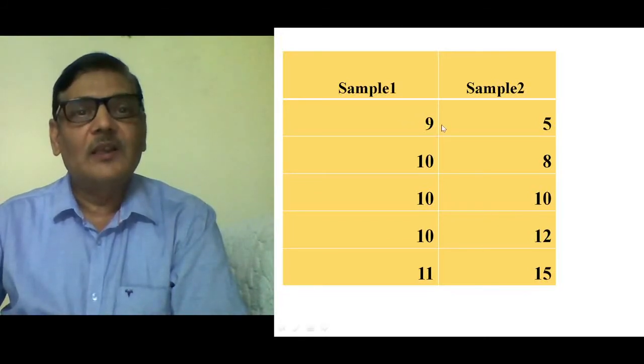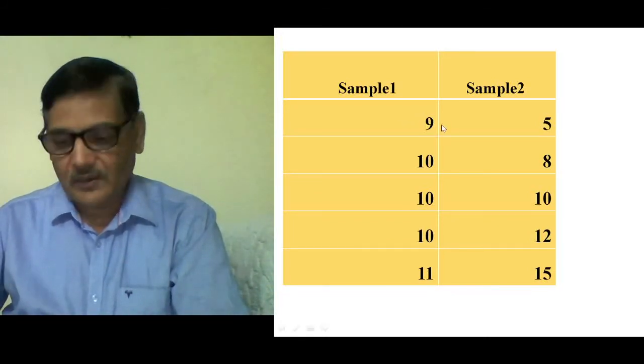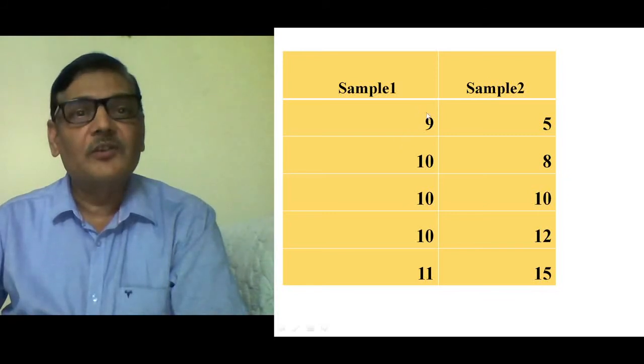Here is another example I have taken. In very brief I am going to explain it. See, two samples are there. In sample 1 the values are 9, 10, 10, 10, 11, which means there is very little variation among the observations. But in sample 2 the observations are 5, 8, 10, 12 and 15, which means there is much variation among the